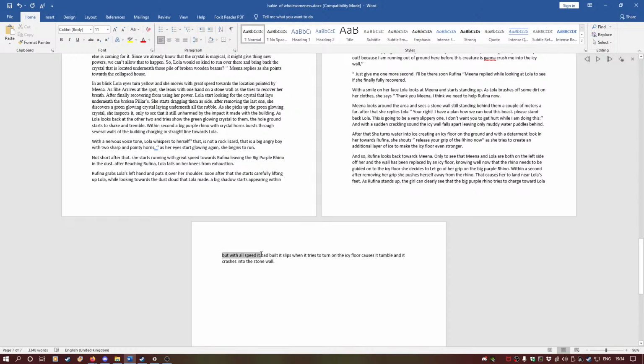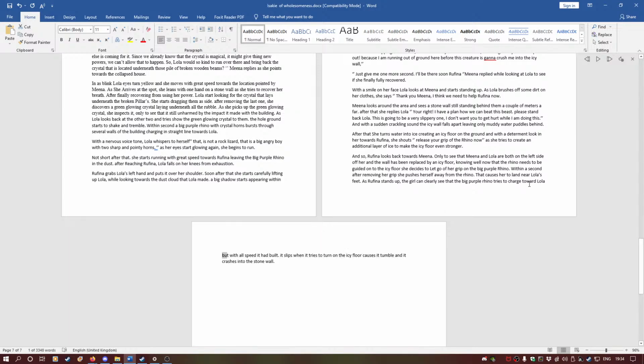With the speed it had built up, it slips when it tries to turn on the icy floor, causing it to tumble and crashing into the